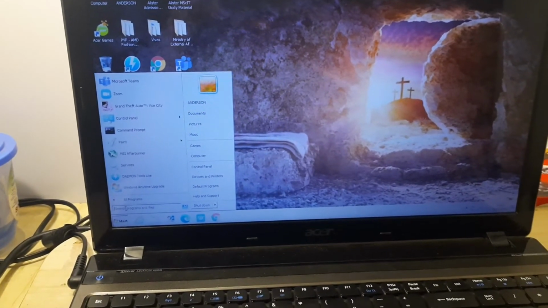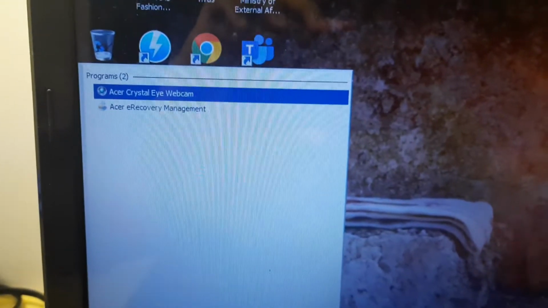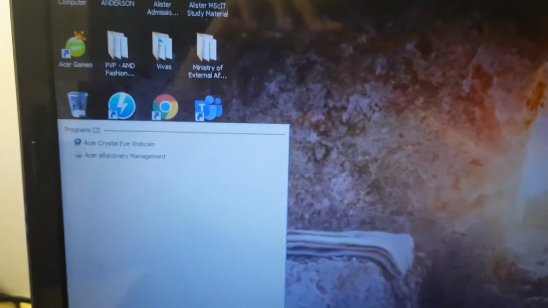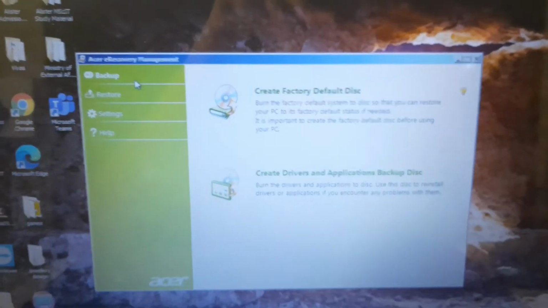Now this is the last method, and this method definitely works, and this method will fix all of the DLL file errors. It is known as e-recovery management, and it gives you something like this.